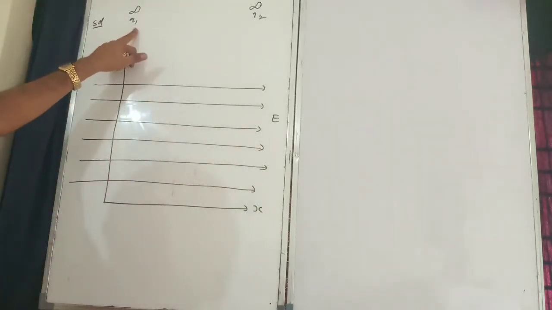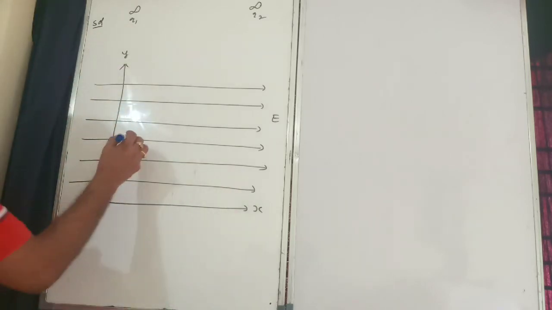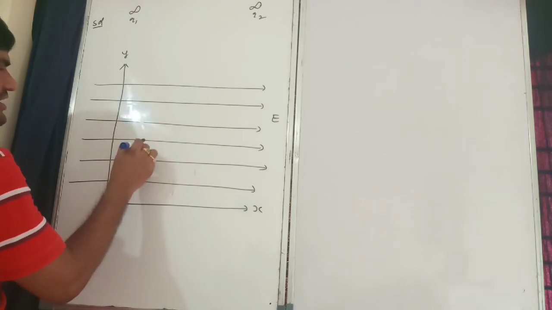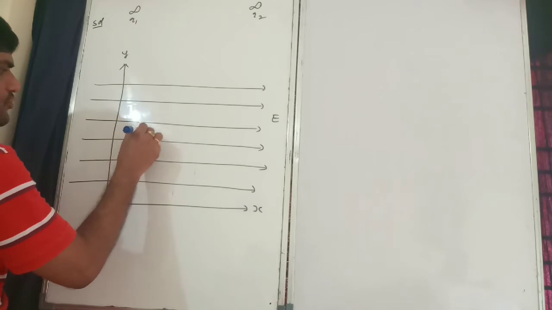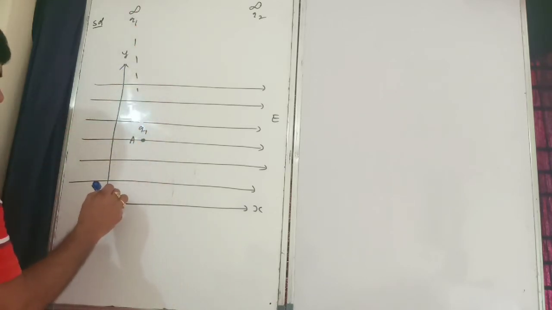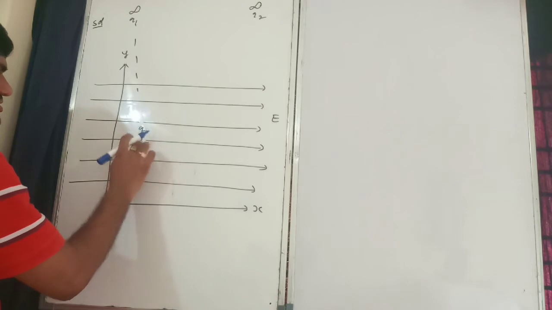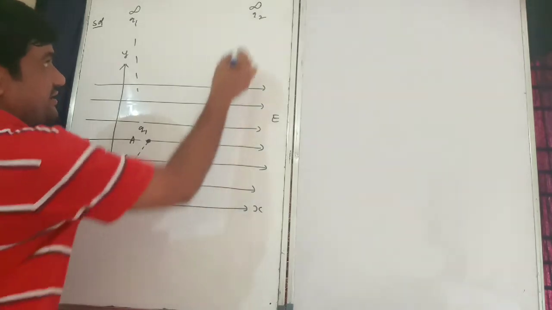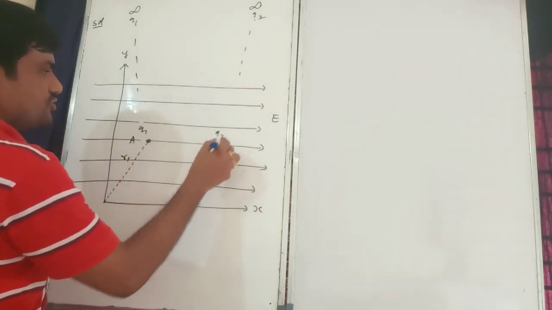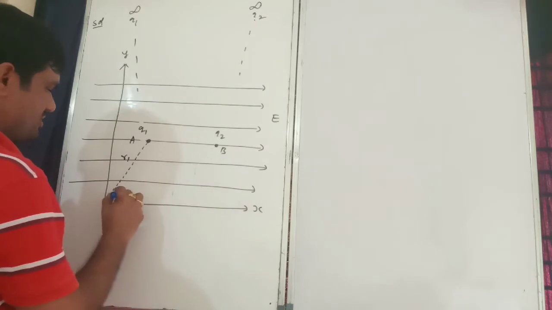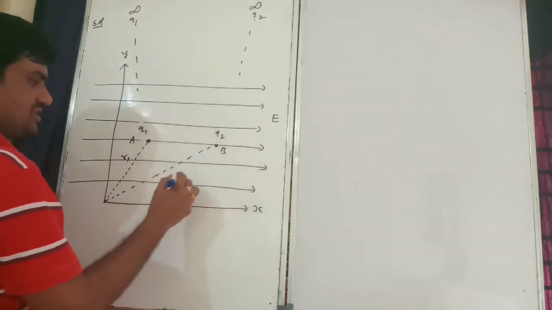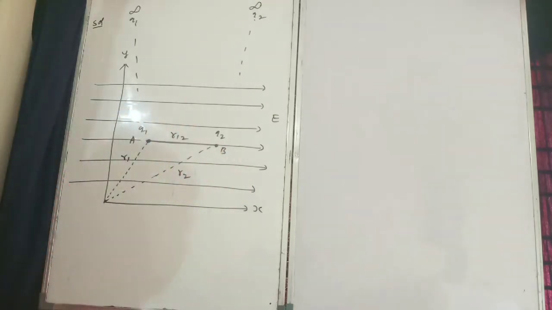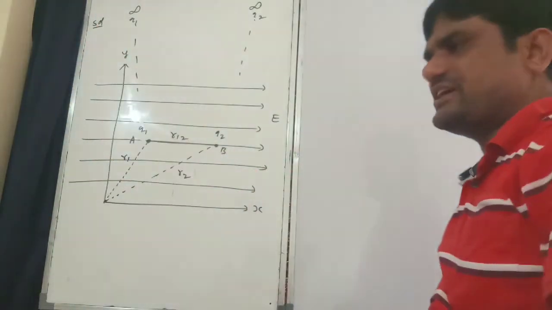So now Q1 we will bring from here to here, so point A. Here I will consider point A. Q1, bringing from here to here, the position vector is R1. That one I can bring from here to there. So this is the Q2, this is the point B. From here to here, the position vector is R2. From here to here, what is that? R12 will come.